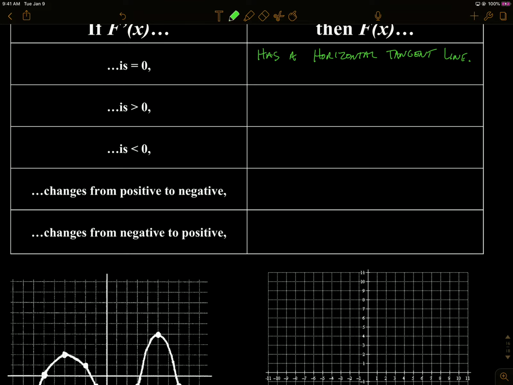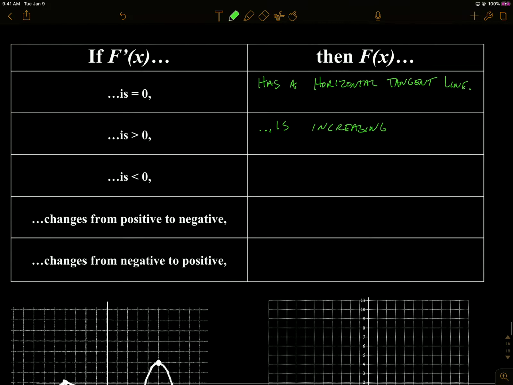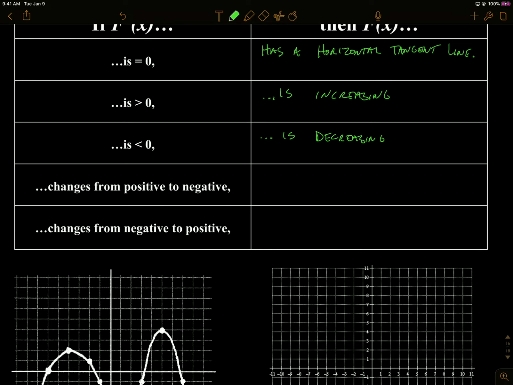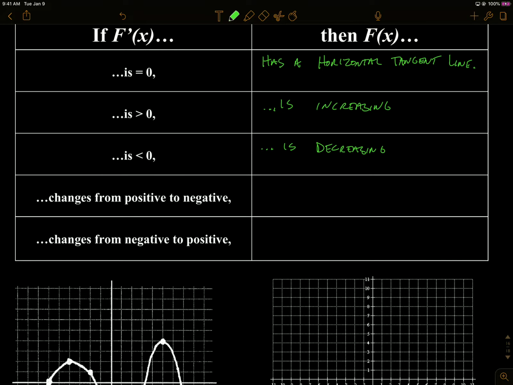When the derivative is bigger than 0, then f of x is increasing. Again, just review stuff from before. When f prime of x is less than 0, then f of x is decreasing. Now what we can say is if f prime of x changes from positive to negative, so when our derivative changes sign, that's when we can say f of x has a relative